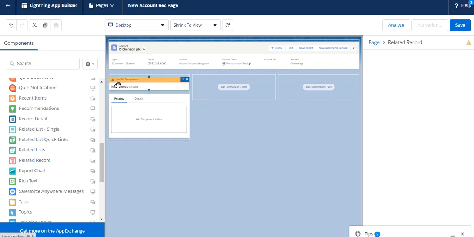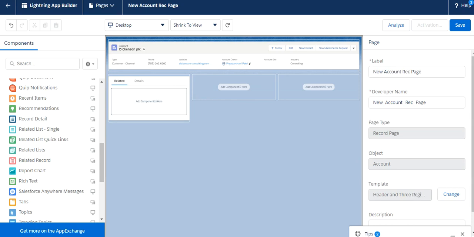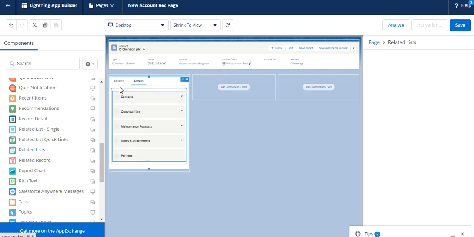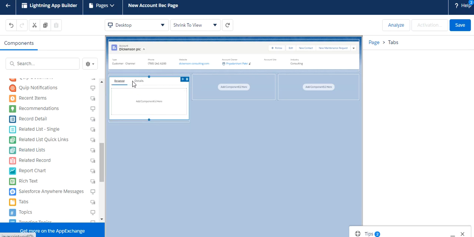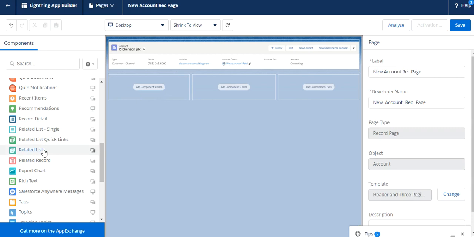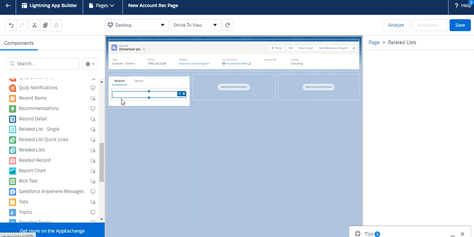record. Sorry, we have to add related list, so we can add this here. So here is our related list. Sorry, I just added it in the detail tab, then add related list.